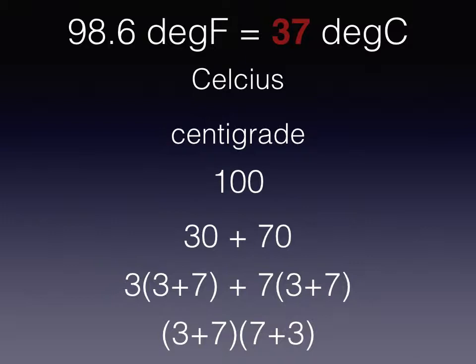3 plus 7 times 7 plus 3. Of course, rule of addition, you can rearrange it, but we could have said 3 plus 7 times 3 plus 7. This is the 3-7 code. Arrange it however you want. But I just want to show you that it's a simplistic pattern of 37 in this temperature scale. And it makes sense because it's based on water. Water is an important